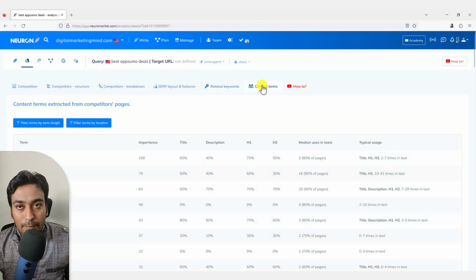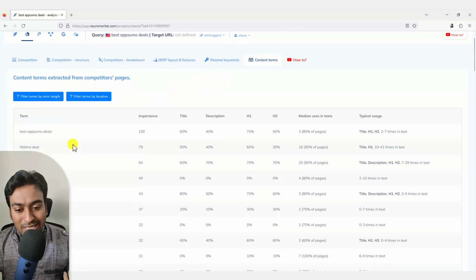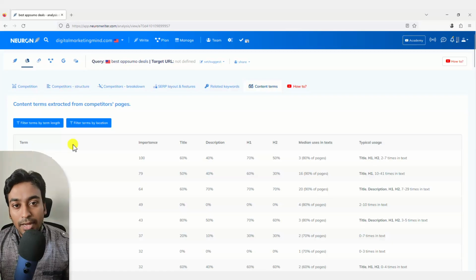Content term is the basic LSI keyword or topical relevance, the words or keywords used throughout the content to make it much more relevant to your main content keyword. So when you include these keywords within your content piece itself, it generally makes it much more related. Those are the functionalities of this top analysis.